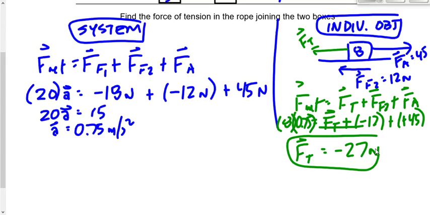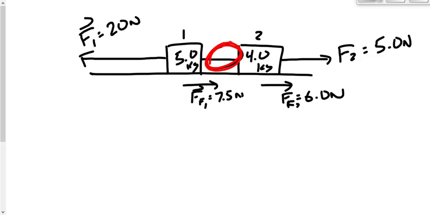Okay, back to the question that you're working on here now, guys. We're going to take a look at this now. First thing we know to do is always what? What are we going to do first? Okay, FNet for what though? An object or a system? The whole system, right? We're going to need to find the acceleration of the system, so let's analyze the whole